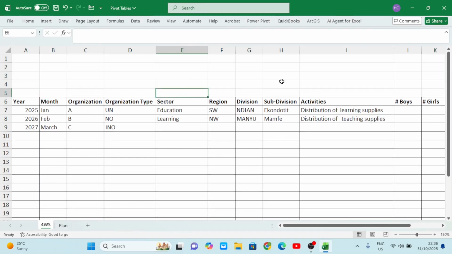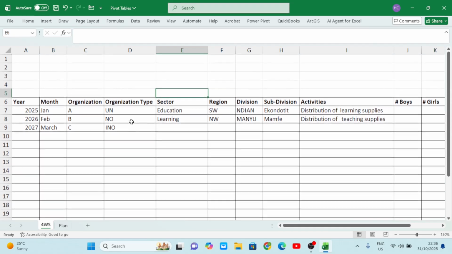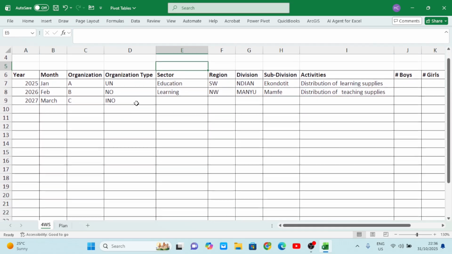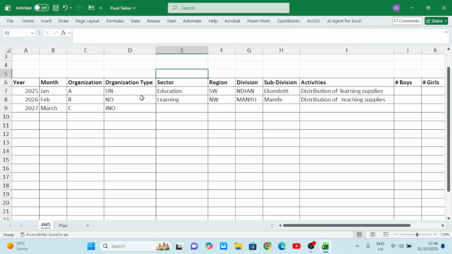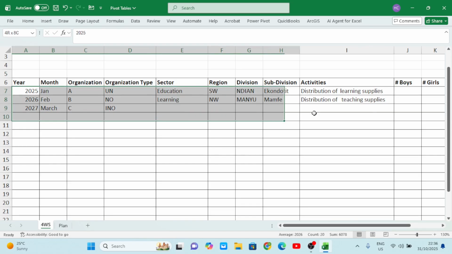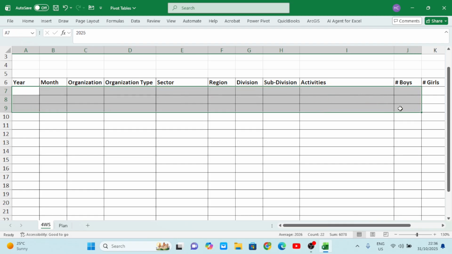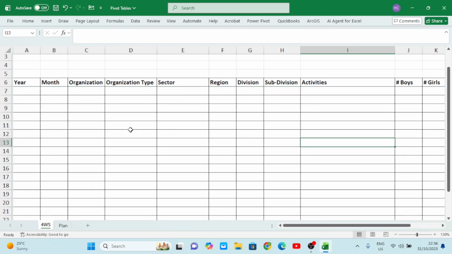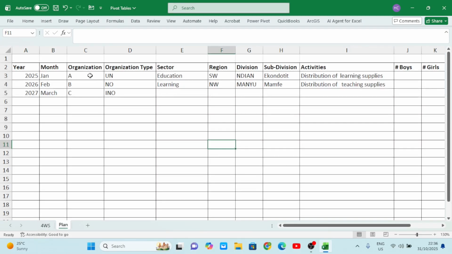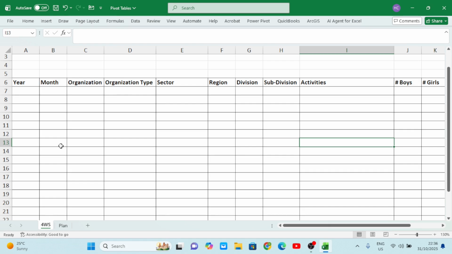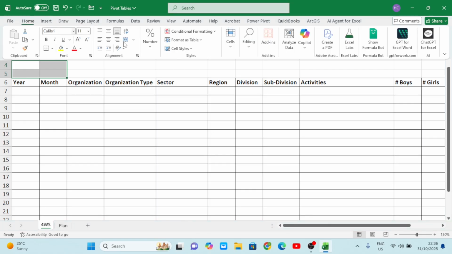Now I want to transform this particular one we have here up to a tool. You see, now I want to transform it to a tool, and to transform it to a tool, I'll come back here again, and then I delete all this. Okay, remember that we already have the plan. We'll be referencing this particular tool, this plan, right up to this 4Ws here. So this first area I want to merge, okay, we call this merge. I want to just merge and center,